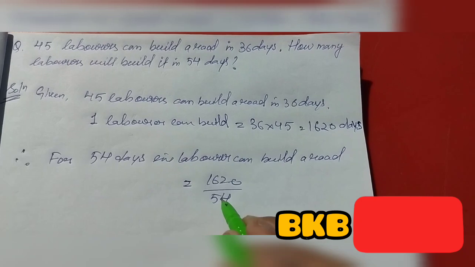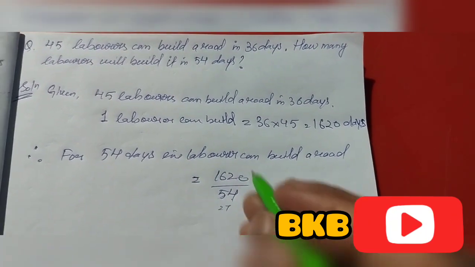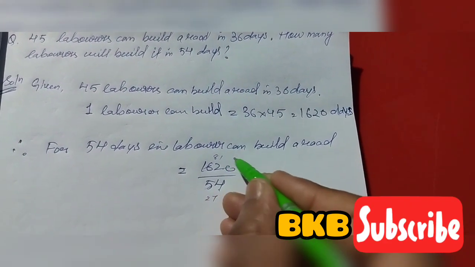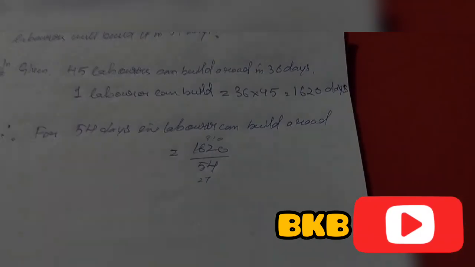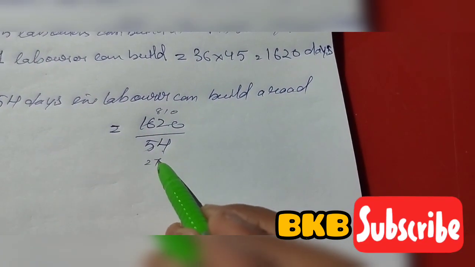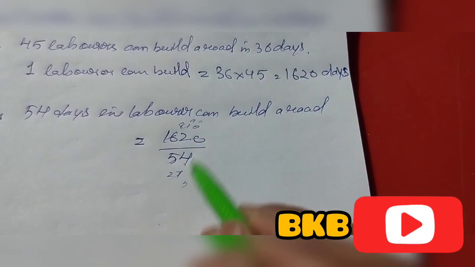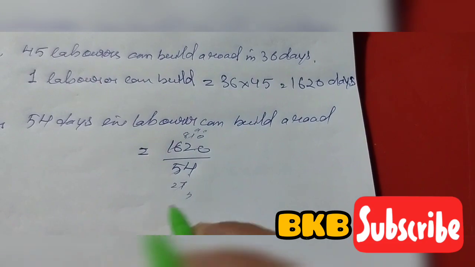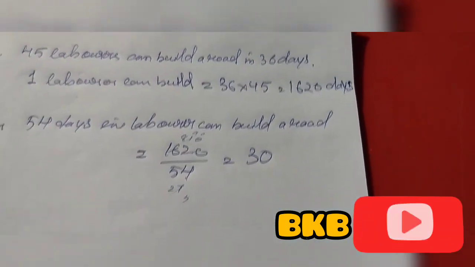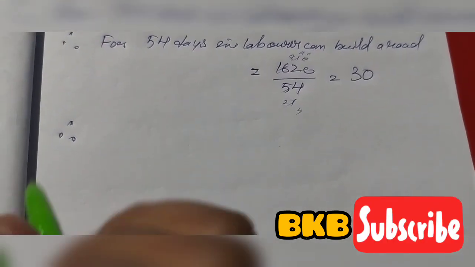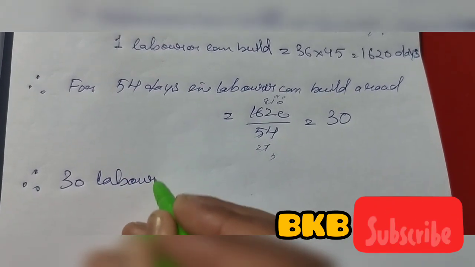2 2s are 4, 2 7s are 14, 2 8s are 16, and 2 and 0. And so this is here. This is 9, 9 3s are 27, 9 1s are 9, 90. So again 3 3s are 9, that is, this is 30. That means therefore 30 laborers